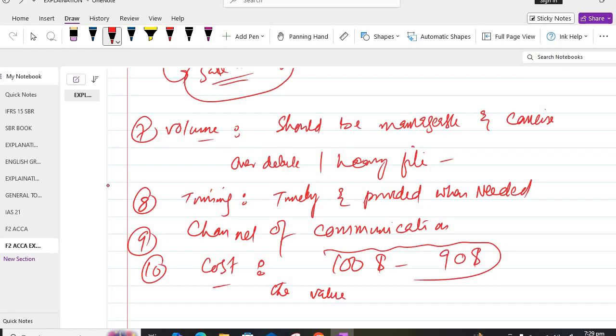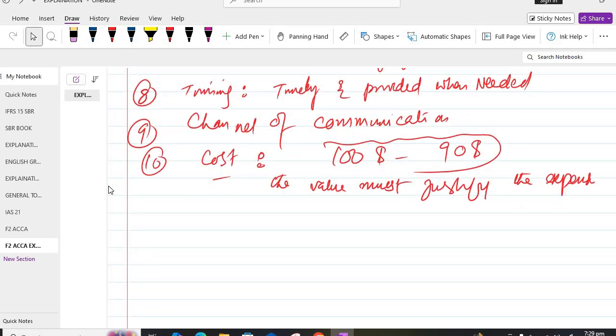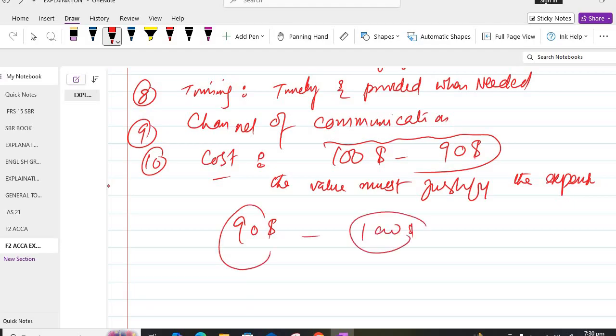the value must justify the expense. It means whatever expense you are incurring, that should be justified by the value you are getting. So, for example, using a cost-effective survey to collect customer feedback. If the customer feedback is worth $90, you're getting 90 and you are spending $100, then it should not be, the information is not